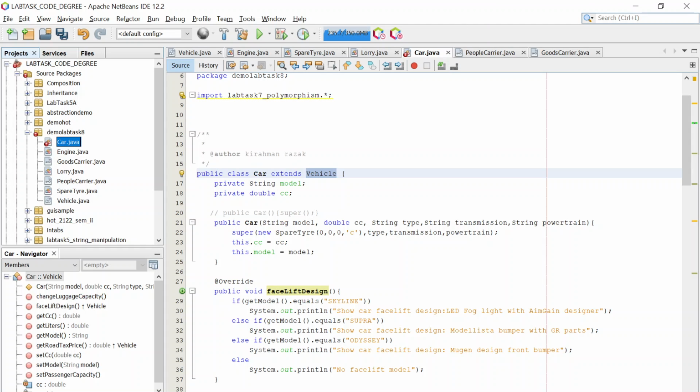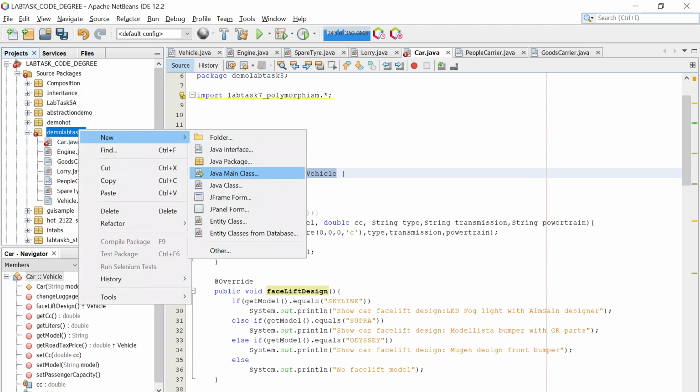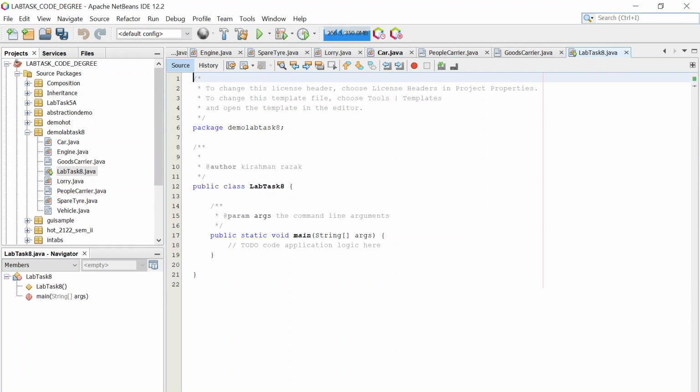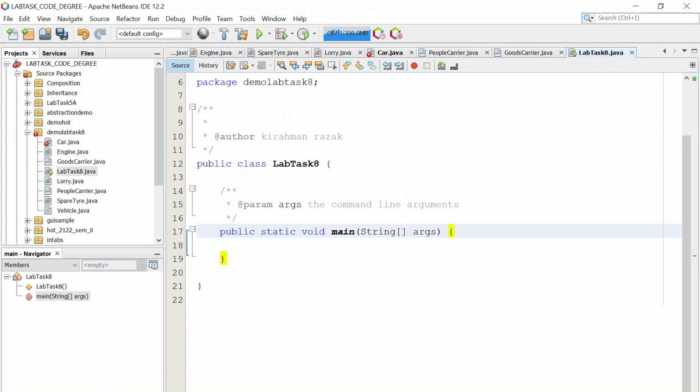Okay guys, we continue with the main class. So I'm creating a main class here, a Java main class, and naming it Lab Task 8. So I have the skeleton for Lab Task 8 here, which contains the main method. So the question asks us to create